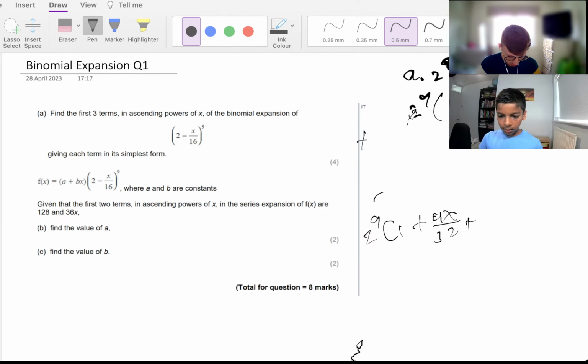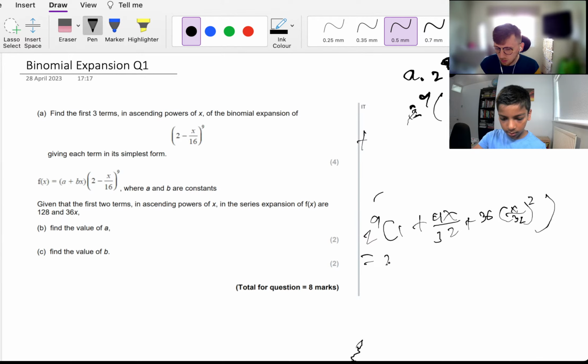So obviously you could use the formula that's given. It's 36. 9 times 8 divided by 2, that is the calculation to get that. So that's squared. Right, and that's the same as 2 to the power of 9 times 1 plus 9x over 32 plus, and then